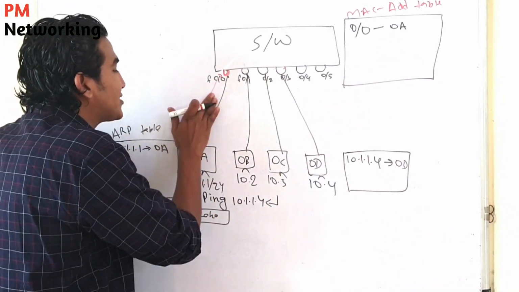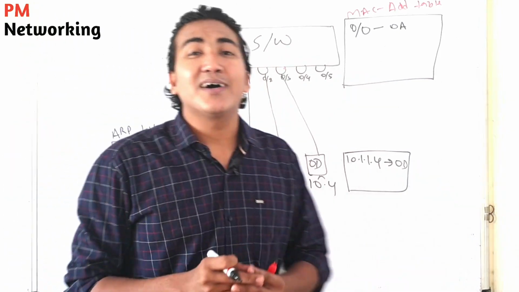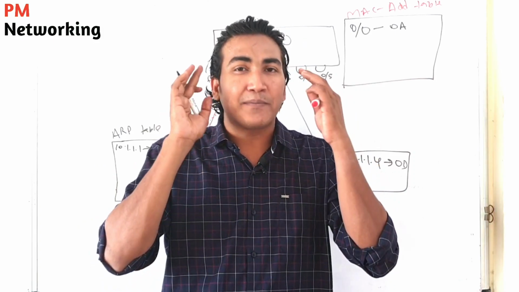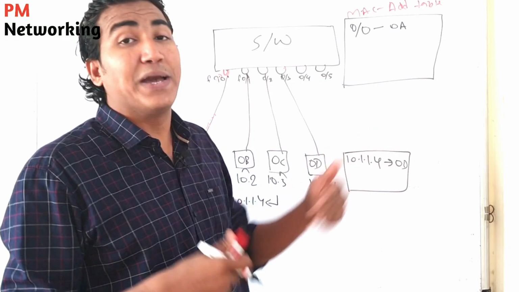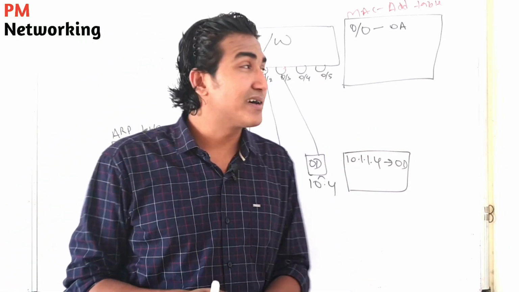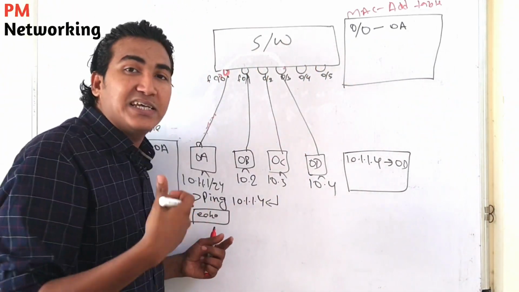So whenever a switch receives traffic, what will the switch do? The switch will learn the source MAC address. Always keep in mind that a switch always learns the source MAC address. And how does the switch build the MAC address table? With the help of the source MAC address in the data, right? And on the basis of the destination MAC address,